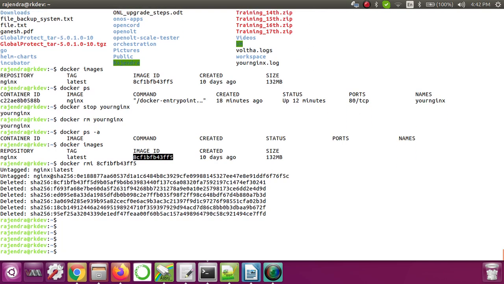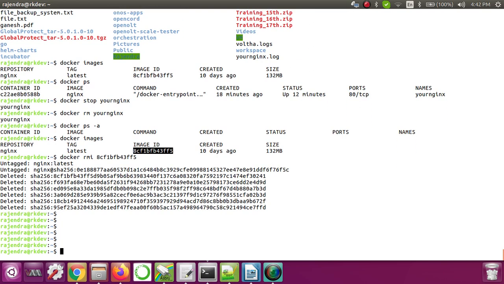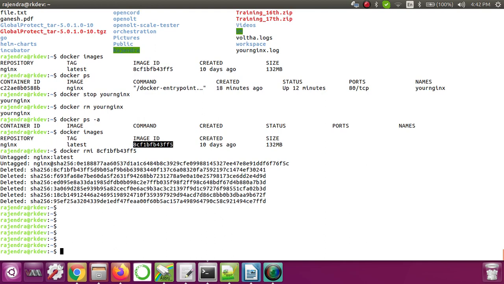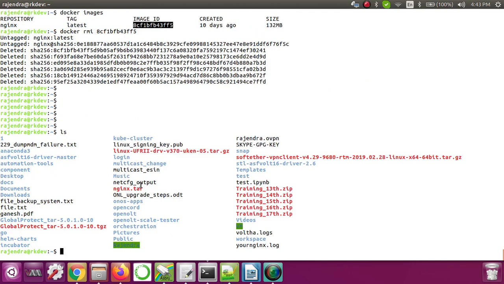Okay, so once the image is removed, let's say this is my other machine where I want this nginx container to run. Instead of taking it from Docker Hub, or if there is no such Docker image on Docker Hub, in that case I'll just copy this tar file, nginx.tar, which is a tar of the image, and pass it to the machine where we want to use it. Now let's say I just copied that and I have this nginx.tar.